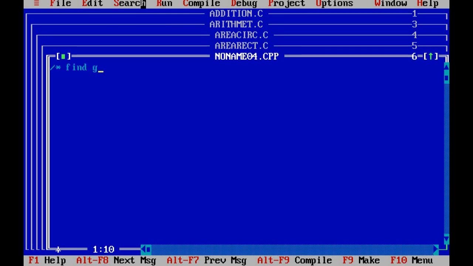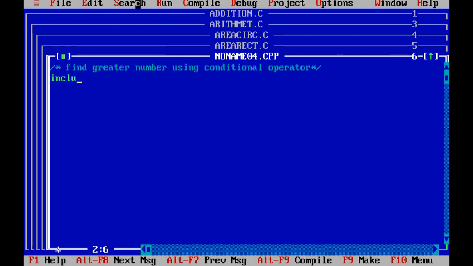Find the greater number using the conditional operator. Using the conditional operator we can find the greatest number.